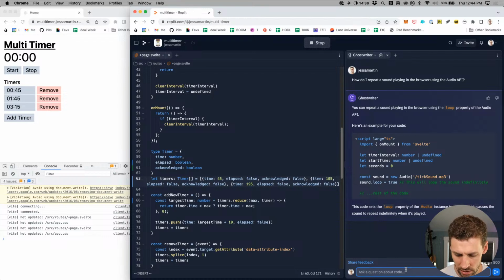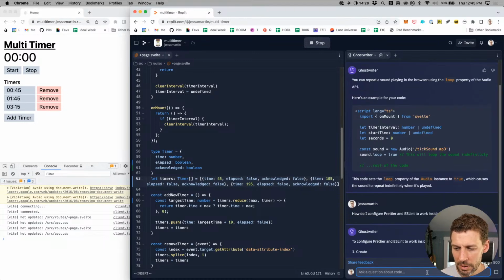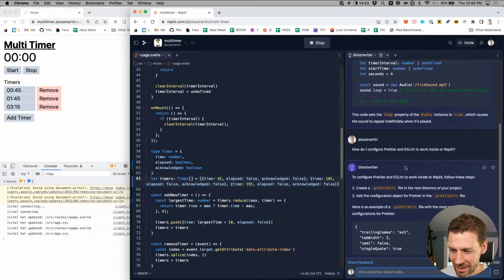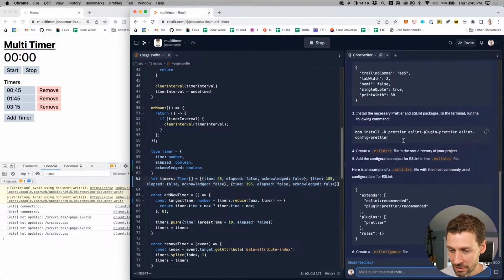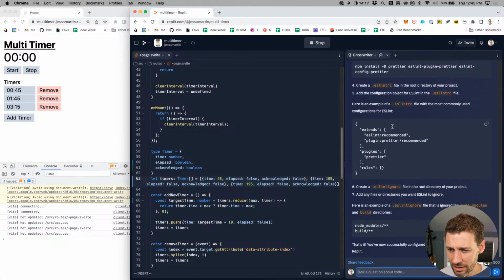Here's a throwaway. How do I configure prettier and ESLint to work inside of Replit? This would be amazing if it just, let's see. All right, saying if I just create the necessary files.